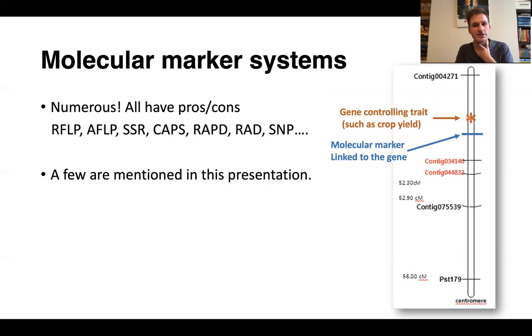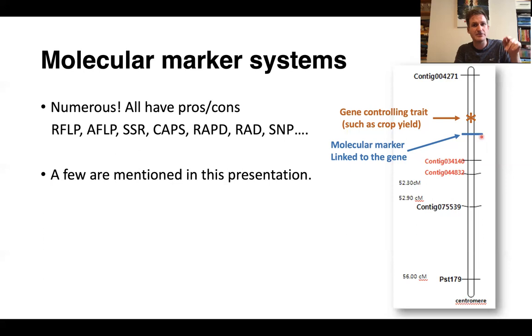The star is the real gene that controls that trait. These black lines are like markers, and they can be any of the systems that you have detected. So they could be the bands on that gel that we were looking at earlier. But the bands, maybe there's some differences, maybe there's something very similar. But here, this blue one, if we run some statistical analysis, means that there is some association